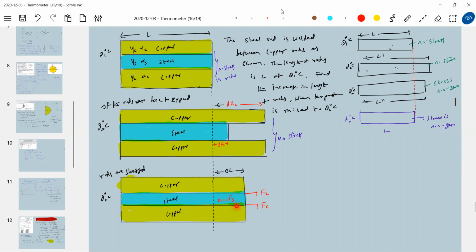So what is the state of the steel rod now? The copper rods are trying to pull it towards the right, and the steel rod will exert a force such that it will balance these two. So therefore at equilibrium, Fs equals 2Fc. So what is Fs now? Young's modulus of steel, Y_s, times A, times (delta L minus